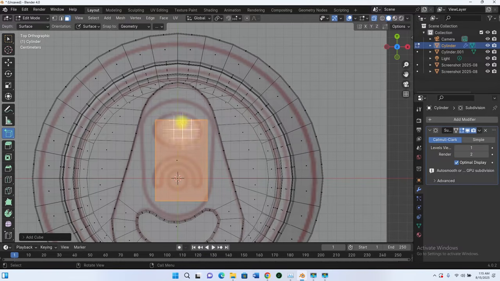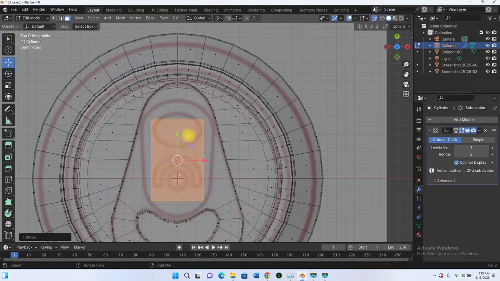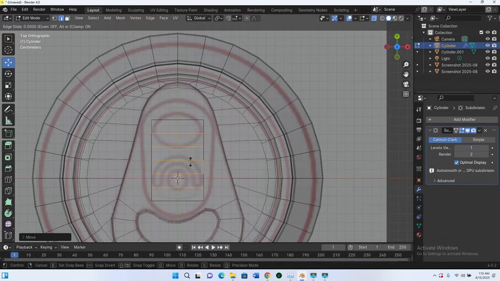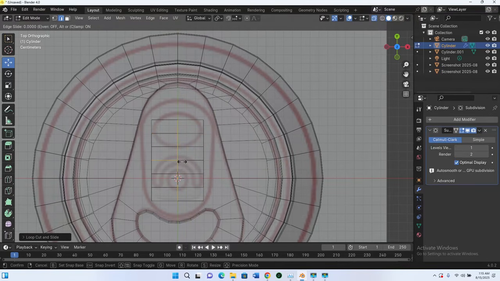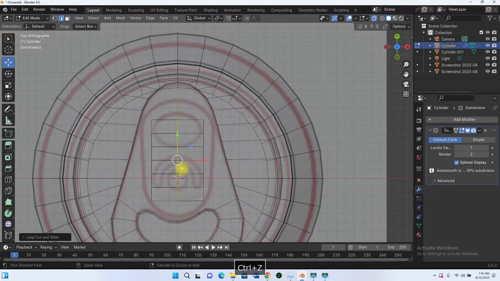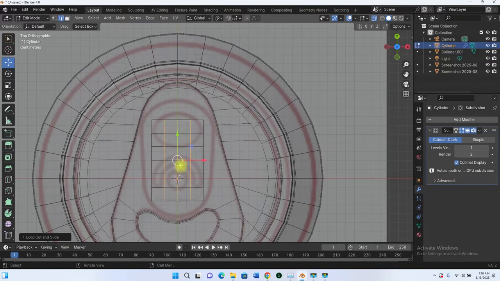So now that I have this, I want to start to shape this out. So I'm going to go to my move tool, move this to the center like so. And then I'll just add a little bit of loop cuts to help me put this in the right position and add one loop cut here. Click. Sorry, Ctrl Z. I'm going to add maybe 3 loop cuts for now. And then I can start